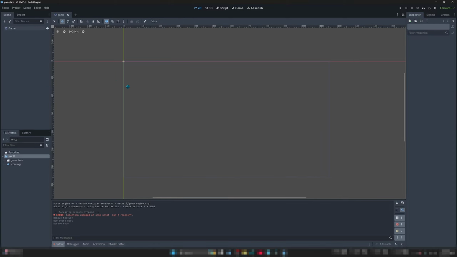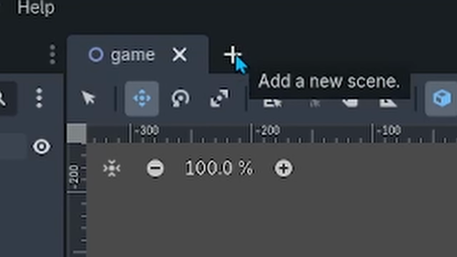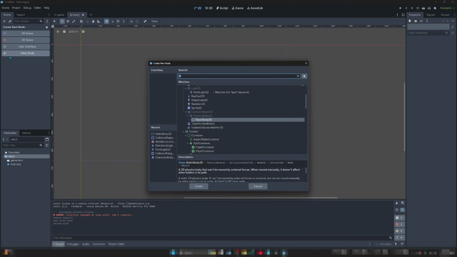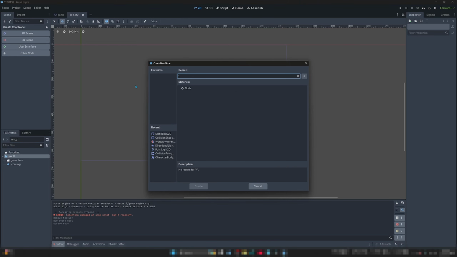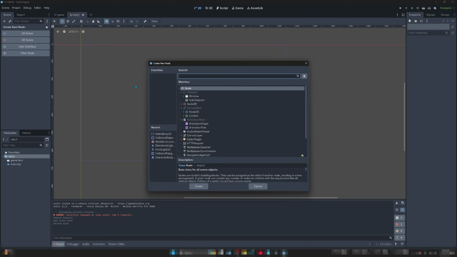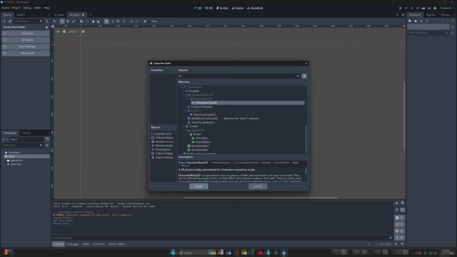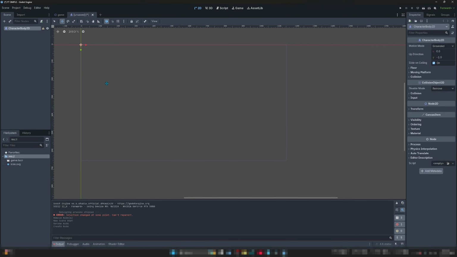Now we have this little game scene, so let's add our player character. So just click this new node icon, and you can select this button, or you can select other node, and all you have to do is say CharacterBody2D, but you can just type CH and it would automatically appear. So you can just click create, and the CharacterBody2D gives us a bunch of essential